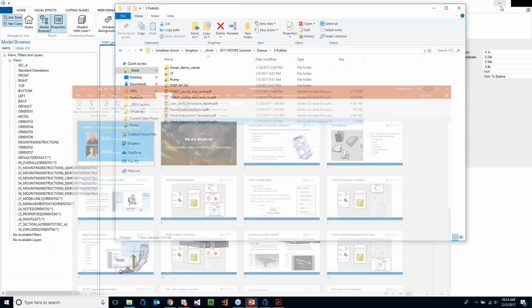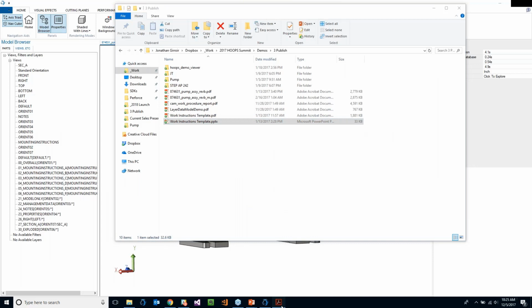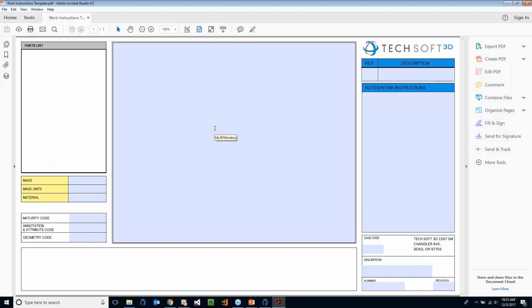So it really doesn't matter how you generate that PDF, either programmatically or doing so through a graphical user interface like PowerPoint, or an Adobe product like InDesign or PageMaker. You end up with a PDF at the end of the day. We then take that PDF and we name a few of those areas, a few of those fields. So for instance, I've named the center one My 3D Window,